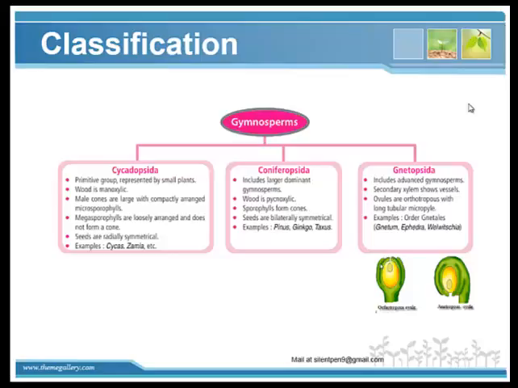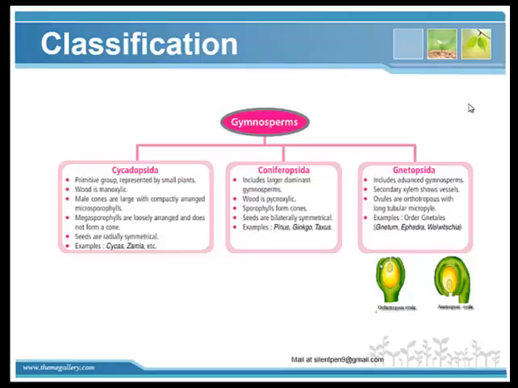Next, the classification of gymnosperms. The first one is called Cycadopsida. The primitive group has small plants and manoxylic wood. Manoxylic wood refers to wood that has a large amount of parenchyma. I hope you can recall the parenchyma structure from the phase 1 lessons. The parenchyma cells are filled with starch, and it is not much commercial because it is not much durable. Examples are Cycas, and Coniferopsida, where you can see larger dominant plants,